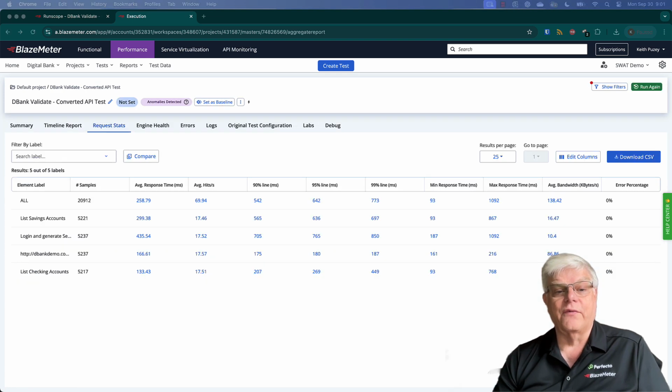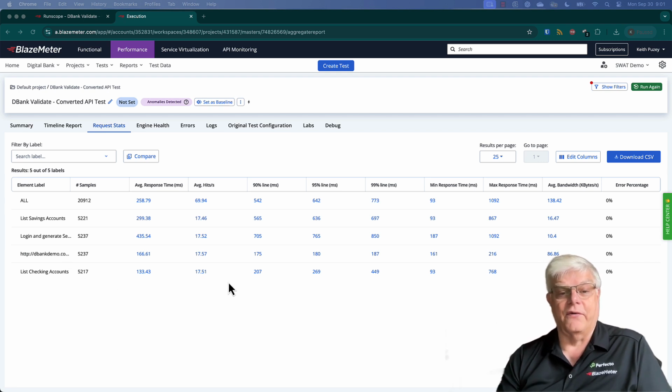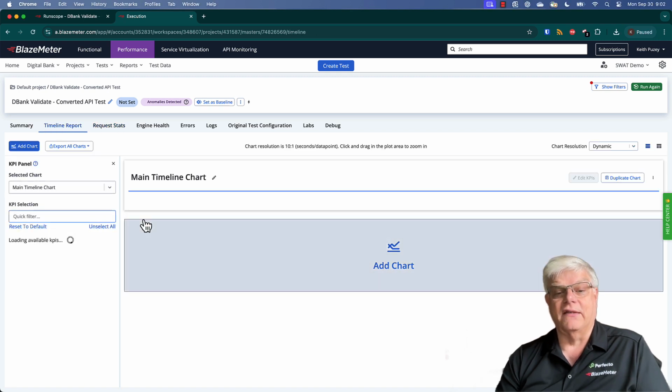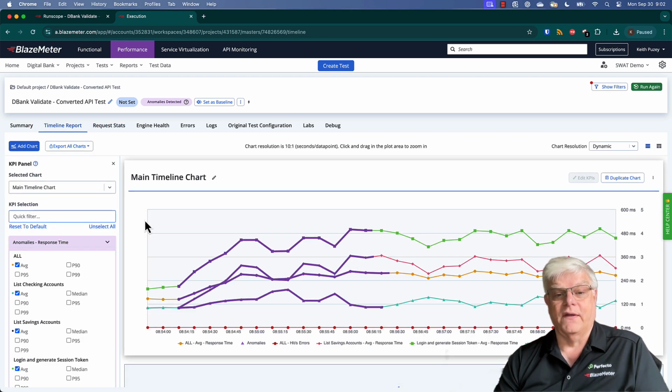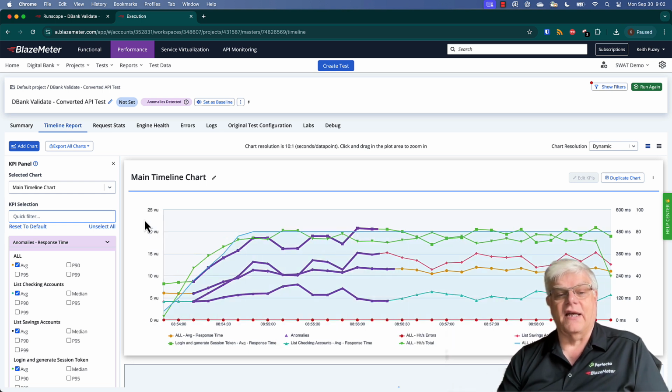We can also go to the request stats screen to look at these individual metrics. And again, we can drill into these. So these are giving us the average for these requests that we're making. But we can drill into these and this will add this automatically to our chart. So as you can see, it's very quick and easy to take your existing API tests and convert them into